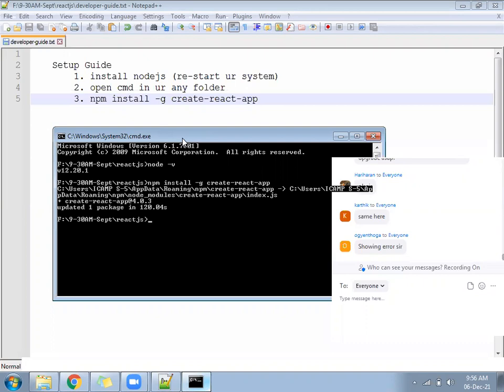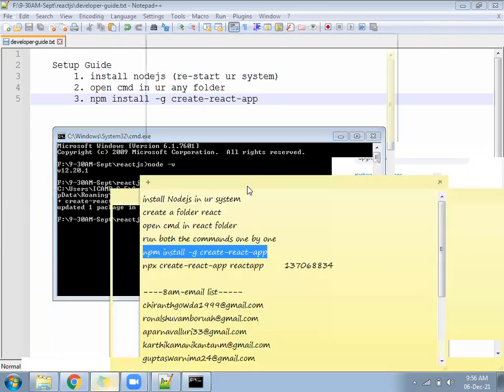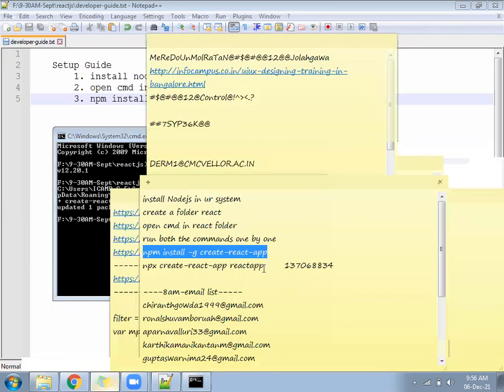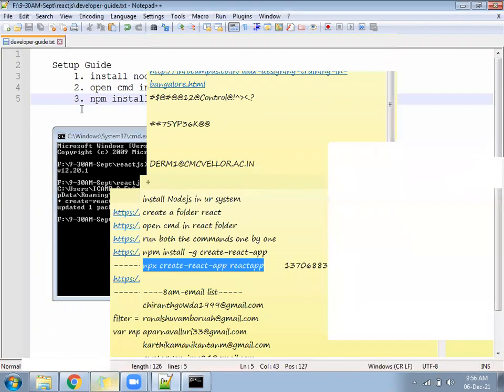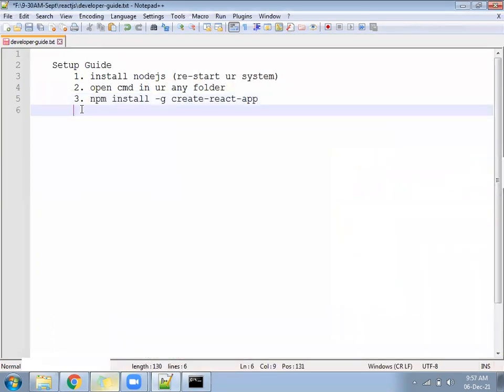So the first command is ready. Now I'll give you the second command to create a project in React. The third command was to set up the environment, and the fourth command is to create a project.